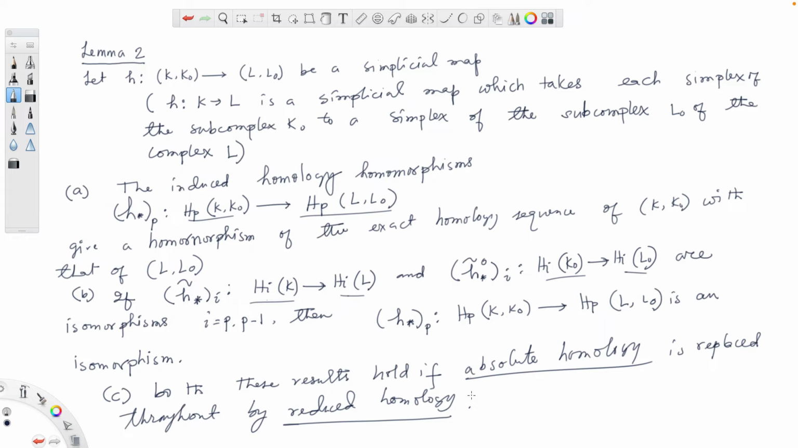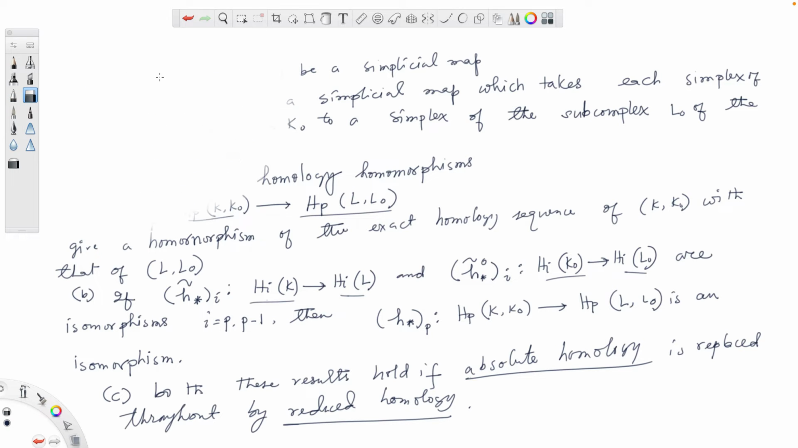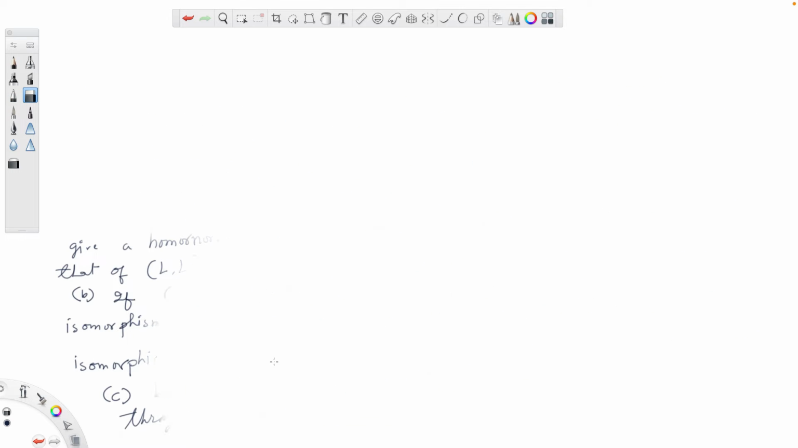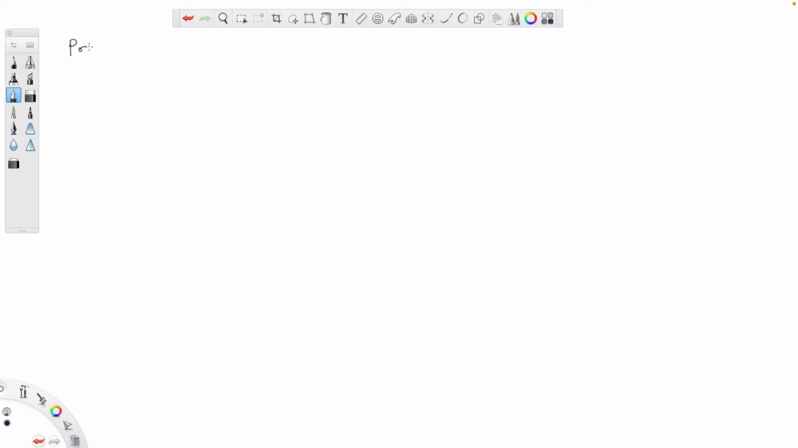Good. Now I'm going to prove lemma 2. Let me erase everything. We'll get started with part A. Proof of part A of lemma 2. Recall from lecture 4 that the simplicial map